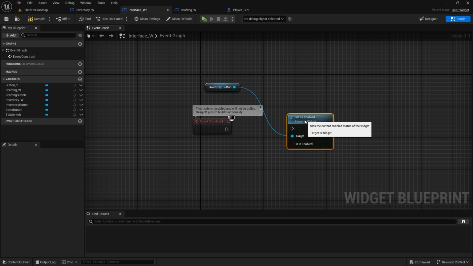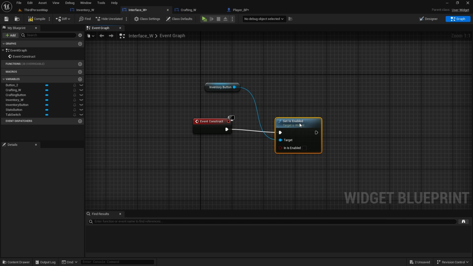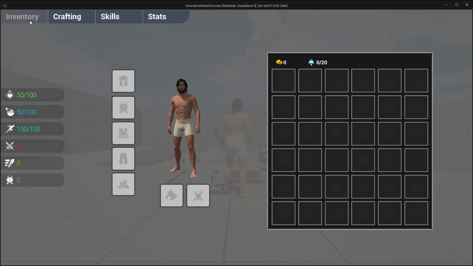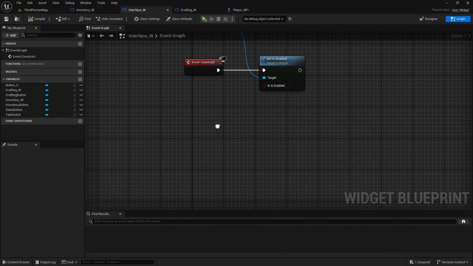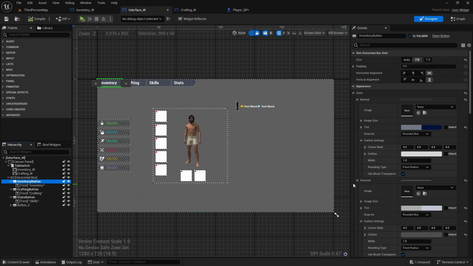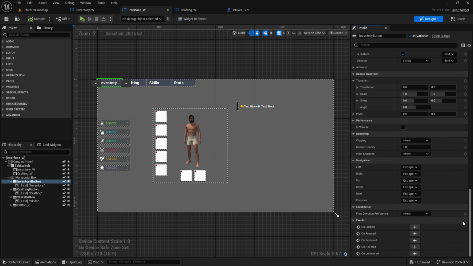So get this and switch it off, so leave it off. That will disable the button, so you can't click on the inventory anymore. You can click on the other ones. All right, so now go to designer, click on each button, and now let's go all the way down and